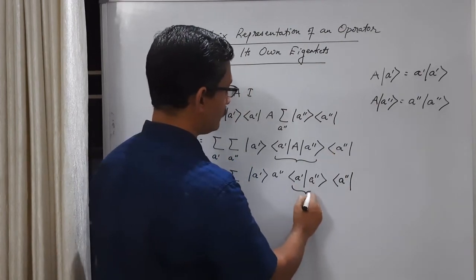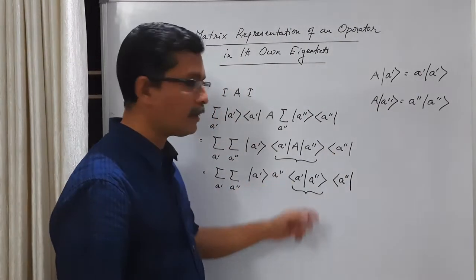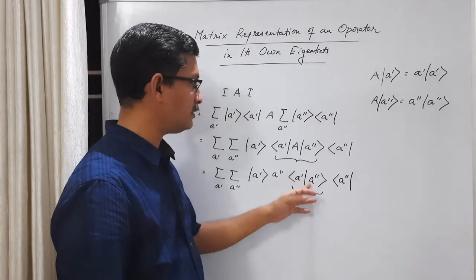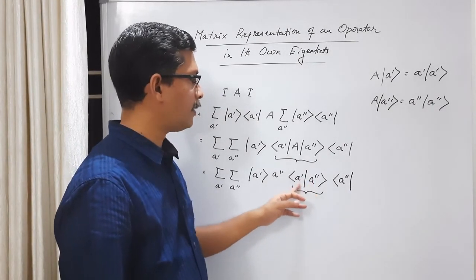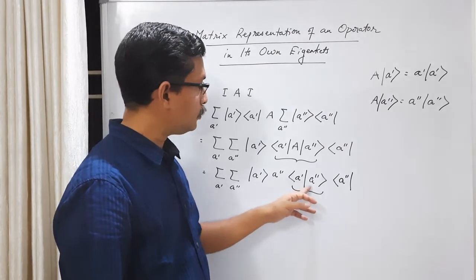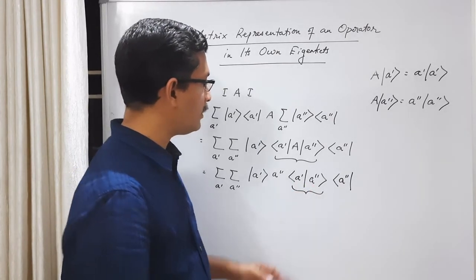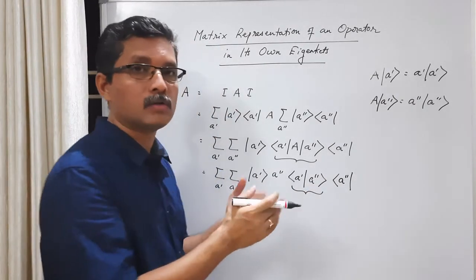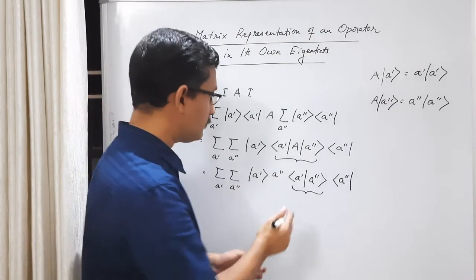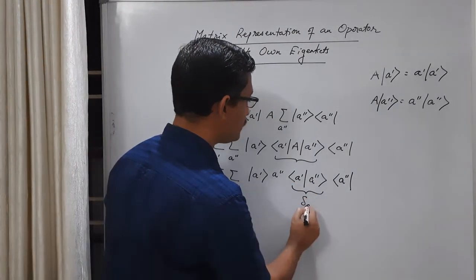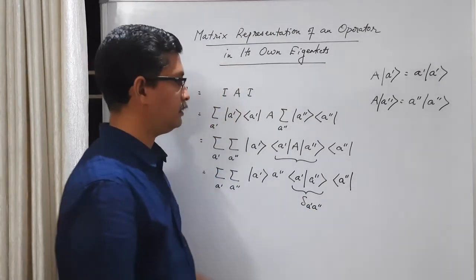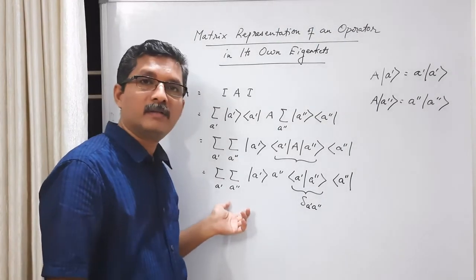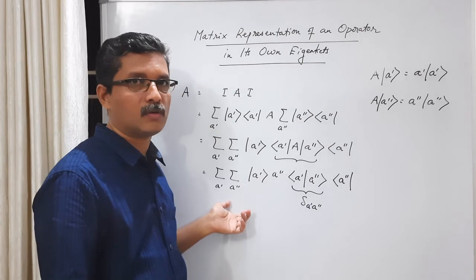Now look at here. This is the inner product between two different eigenkets. They can be same or they can be different. That means A'' can be equal to A', or A'' can be different from A'. When the inner product is between two eigenkets of a Hermitian operator, they are orthogonal to each other, and you can also normalize them. So this is actually an orthonormality condition, delta A' A'', which is the Kronecker delta. When a Kronecker delta appears in a summation, only one term in the summation is non-zero.